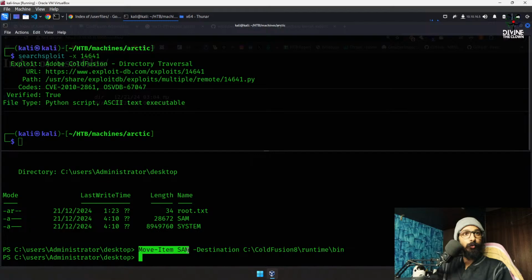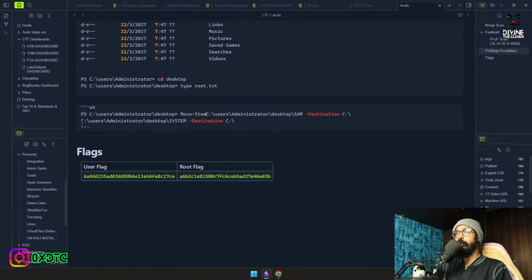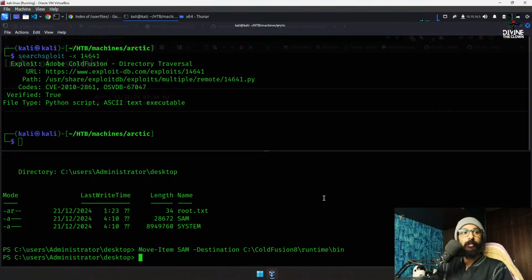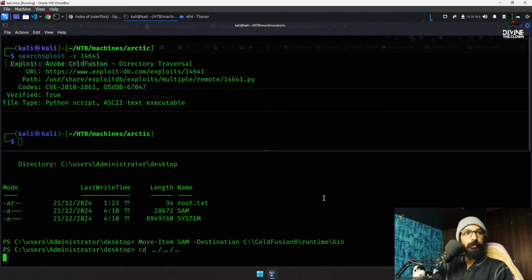We'll use move item, like whatever is going to be the path over here. There we go. We just need to remove this path and provide the destination path over here where it should move the files. So we'll go all the way back, /./.cd,